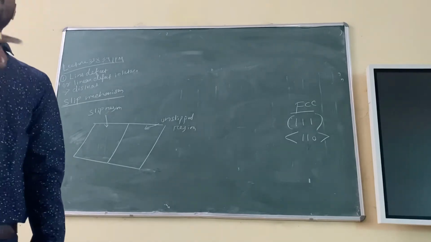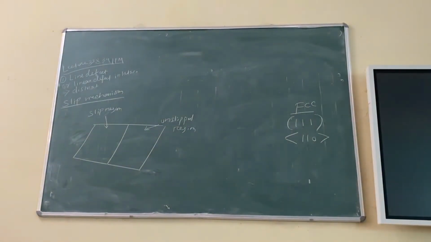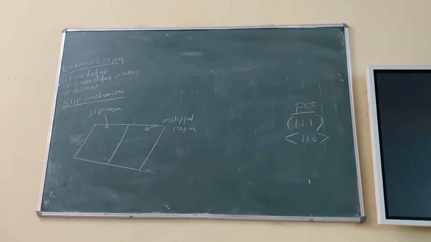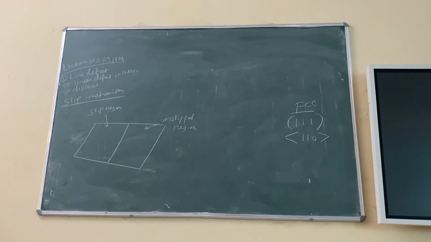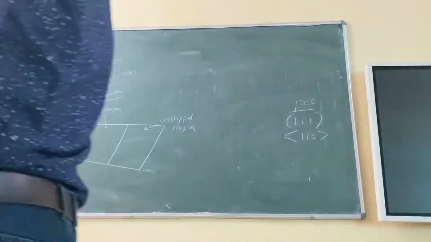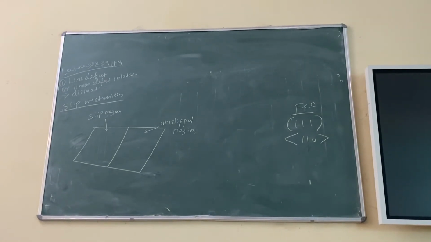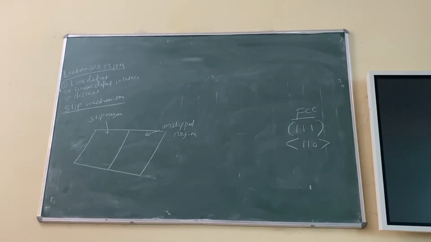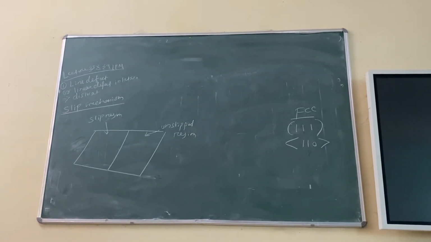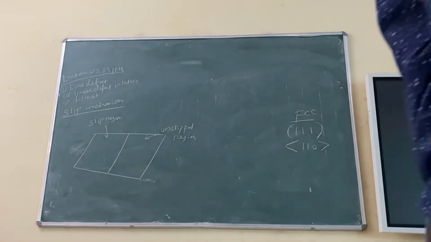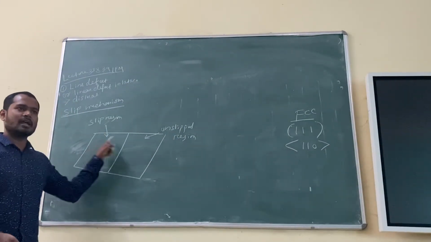The previous diagram I have drawn, can you check it? Which region will be the slip and which region is unslipped? The left region is the slip region, just have a look. But the right region is unslipped, because in the right region, atomic planes are continuous. There is no breakage of atomic planes, right? But in the left region, there is a breakage of atomic planes. Right? Just have a look, you will get the answer. The left portion of the crystal is slipped because the atomic bonding has broken down and the half plane of atoms is moving. But on the right side, you can see all atoms are continuous. There is no breakage. Is it okay? Fine. So that's why I have written slip region and this one is unslipped region.